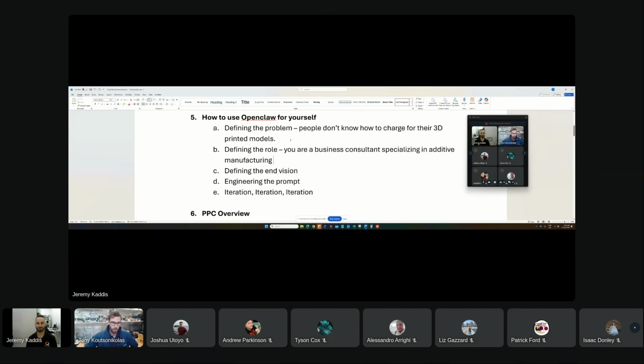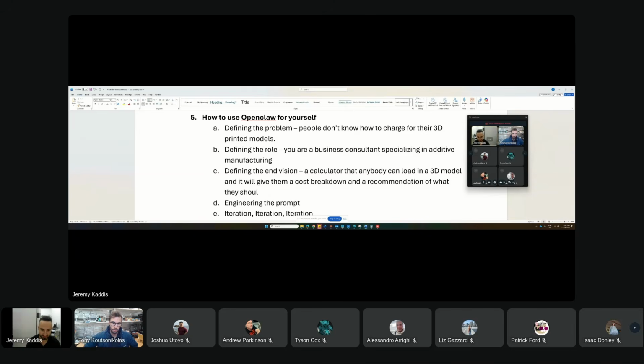Okay, defining the vision. So what do you want the end goal to be? A calculator that anybody can load a 3D model into and it will give them a cost breakdown and a recommendation of what they should charge to be profitable.